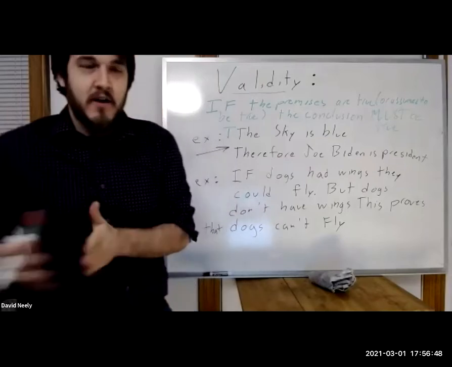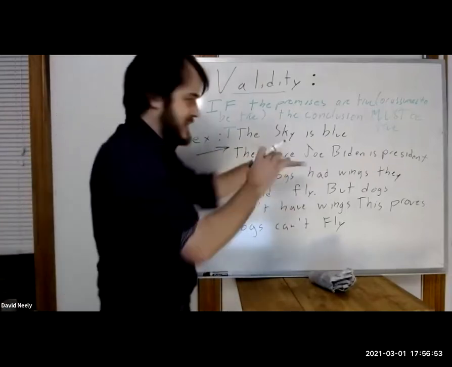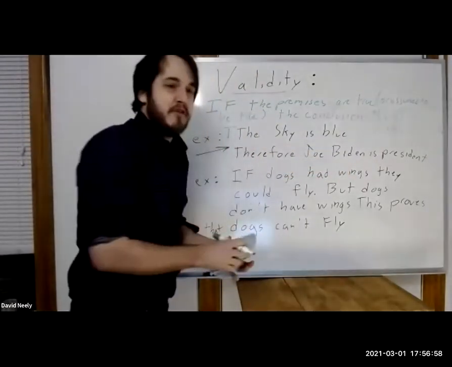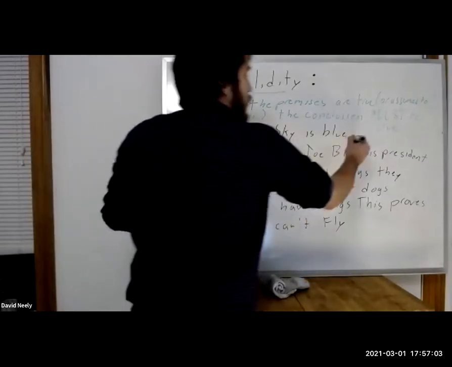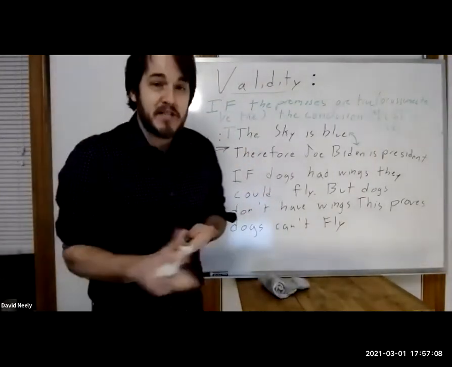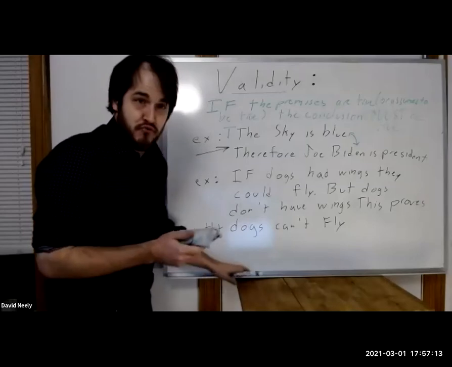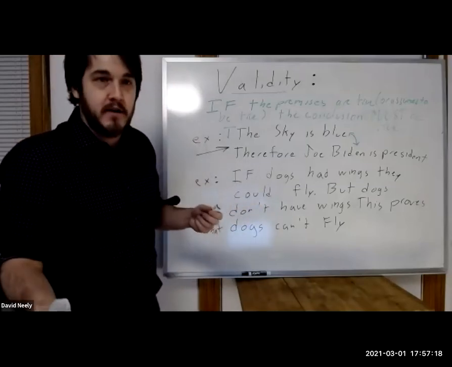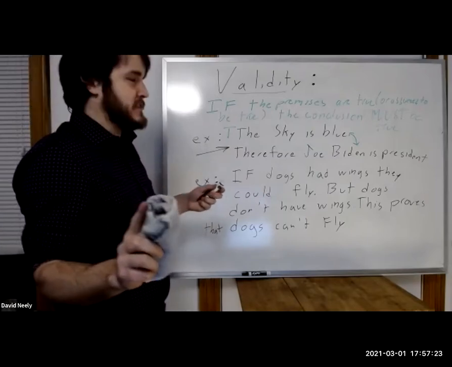Well, the four years leading up to this one involved an orange man. There was an orange man, he was the president, but the sky was still blue. So that would be a case, and that's how you check. Very often, a valid argument will be one in which these go together, where there's a connection. But it's also, strictly speaking, the case that any argument is valid if the conclusion is true. Give me one second to think this through.